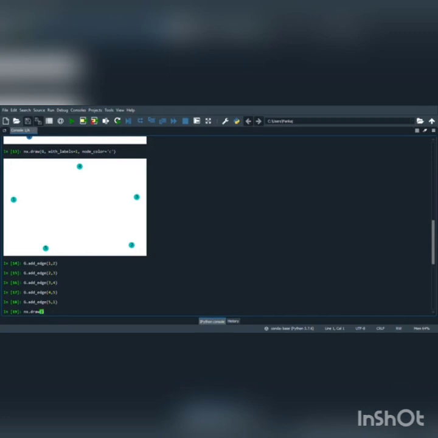So we call a function called nx.draw, passing in the parameter G comma with_labels equals to 1 comma node_color equals to r.